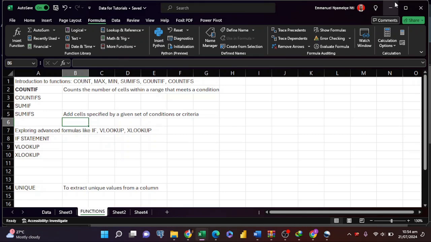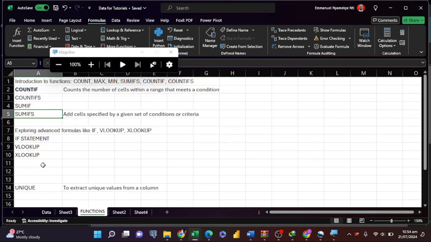My name is Iman and today we are going to talk about SUMIFS. Remember, from our previous videos we've been talking about COUNTIF, we've talked about UNIQUE, we've talked about SUMIF. And here comes SUMIFS with an additional S. So what SUMIFS does is that it allows you to add cells given a set of conditions